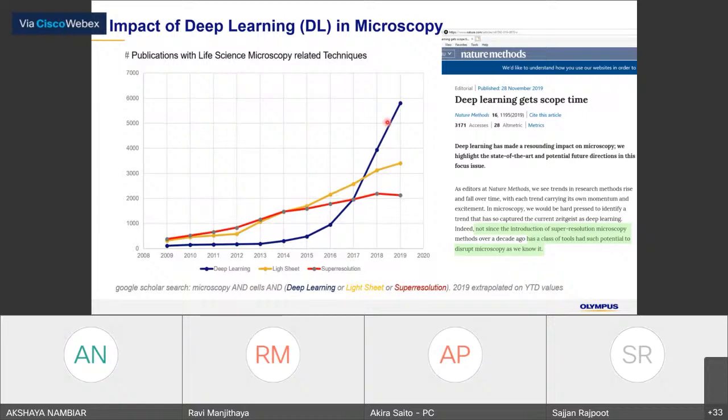I compared with light sheet or super resolution, which are new technologies for observation, but you can clearly see that deep learning analysis is growing more than those new observation technologies. All of the biologists are having some issues doing segmentation, and deep learning is doing a good job for it.